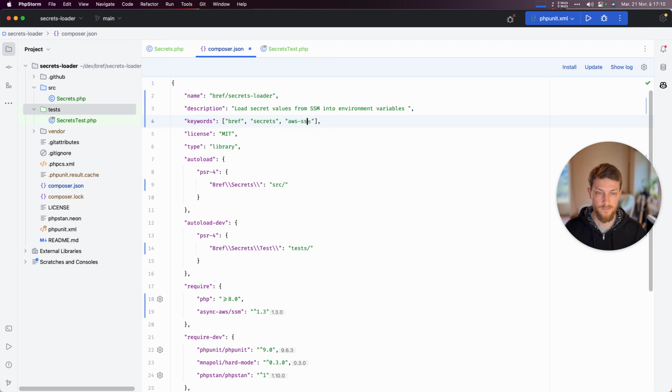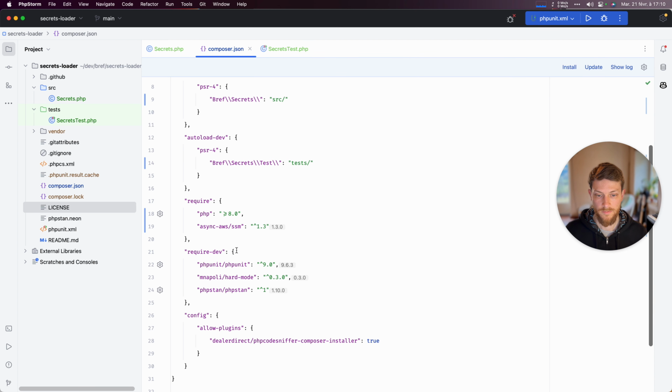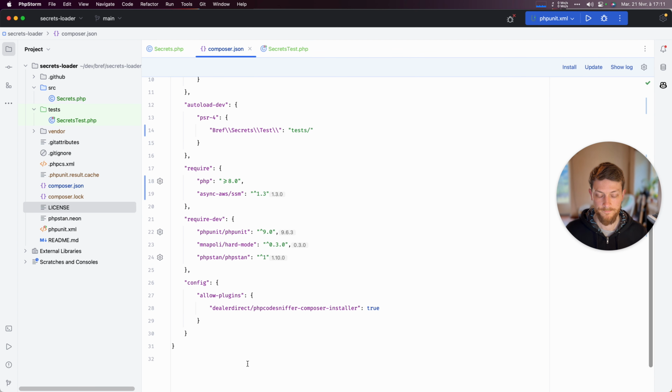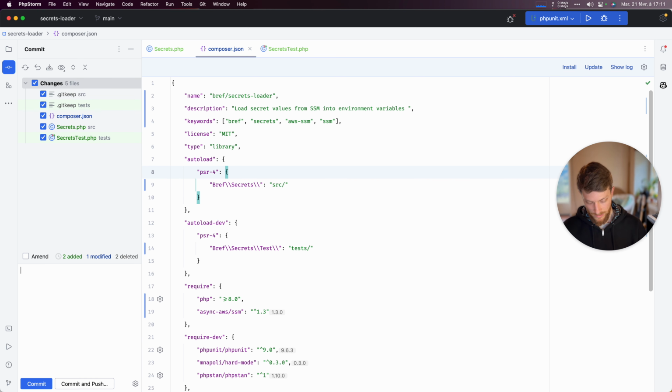AWS SSM. License is MIT. Namespace looks good. And CI should be running. Add the implementation from